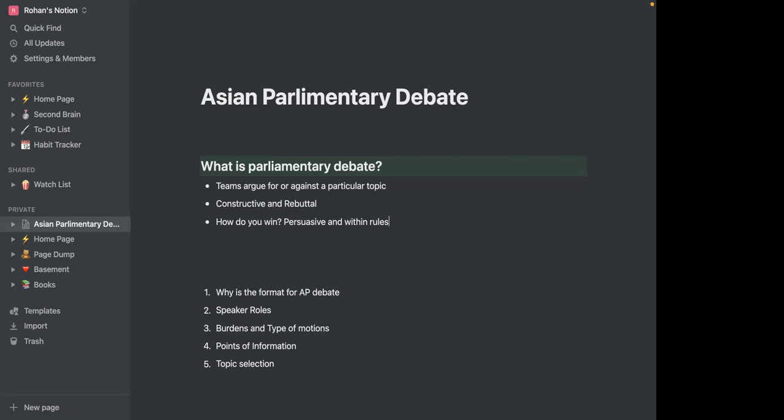Obviously, these rules differ depending on what kind of parliamentary debate this is. I've talked about Asian Parliamentary, I've talked about British Parliamentary, both have their own rules, and that's fine, you don't have to worry about it right now. Violating rules is not particularly a bad thing. It's not like you're going to instantly lose the second you violate a rule. It's just going to make your arguments less good. And if your arguments are less good, they're obviously more likely to lose on a comparative. So therefore, it's good that you stay within rules. So again, any questions till now?